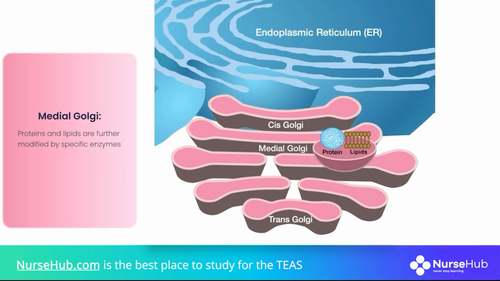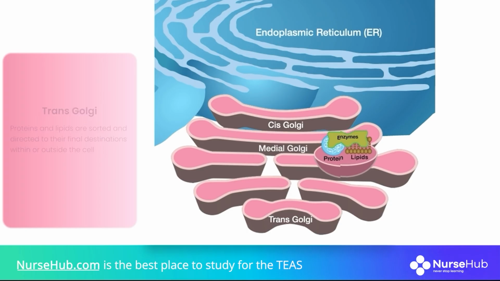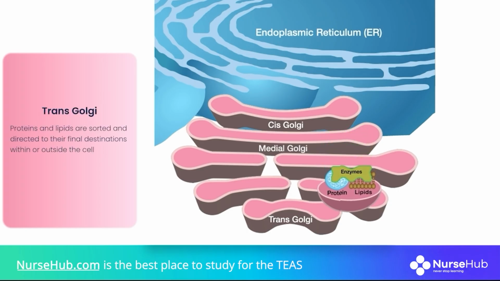The medial Golgi is the region between the cis Golgi and the trans Golgi, and is responsible for further modification of proteins and lipids. It is characterized by the presence of specific enzymes that add carbohydrate and lipid modifications to the proteins and lipids. The trans Golgi is the furthest region from the endoplasmic reticulum, and it is responsible for